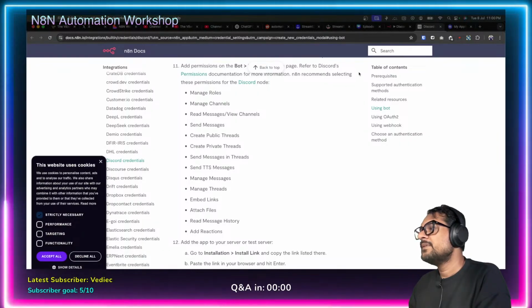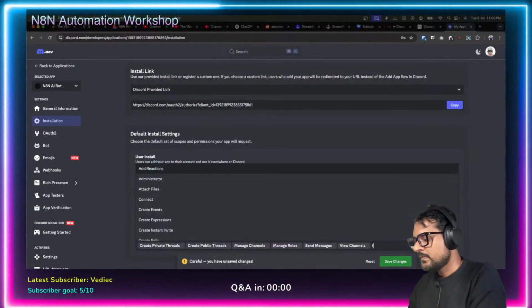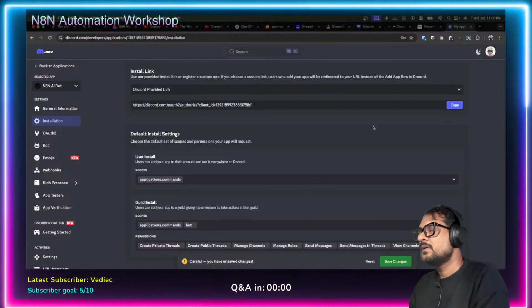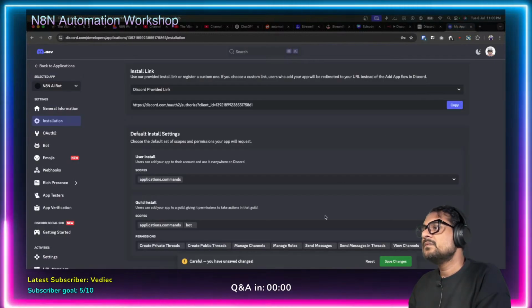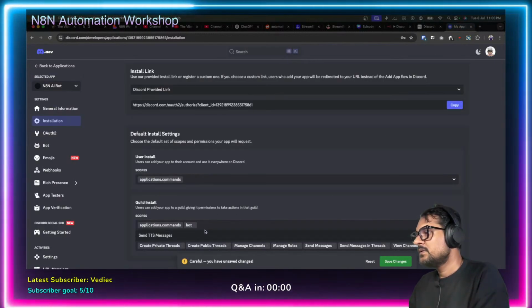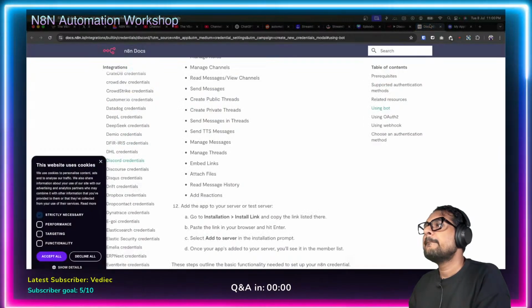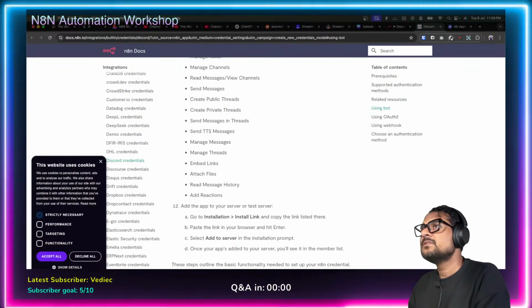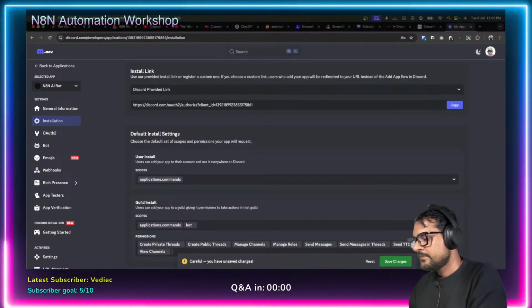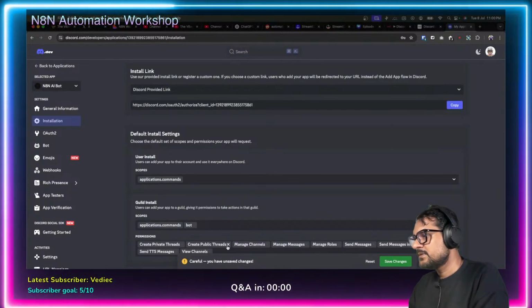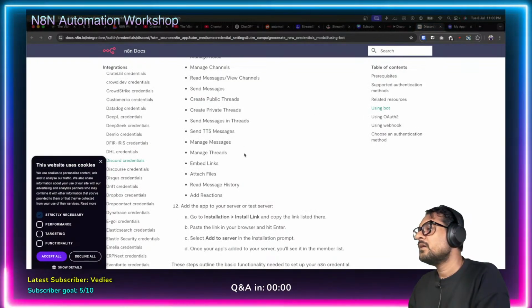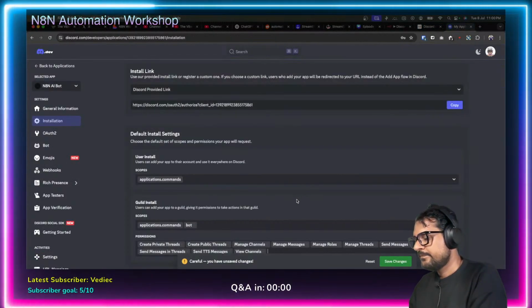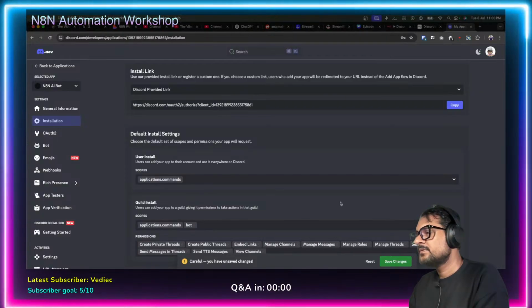Then send messages in threads, send TTS messages, then manage messages and manage threads. Okay, embed links,